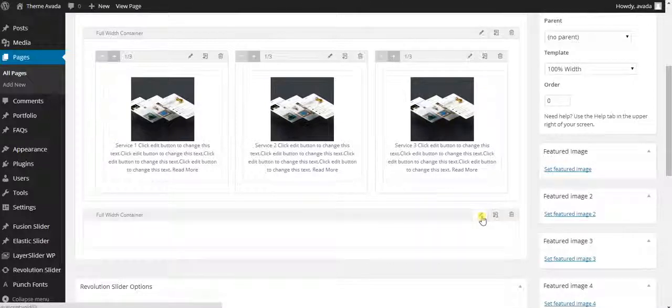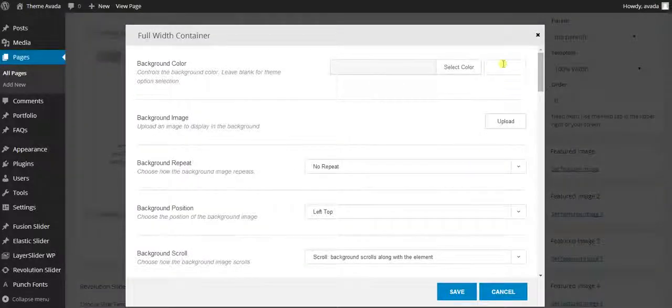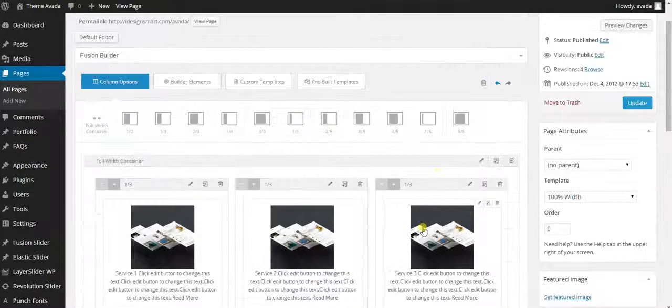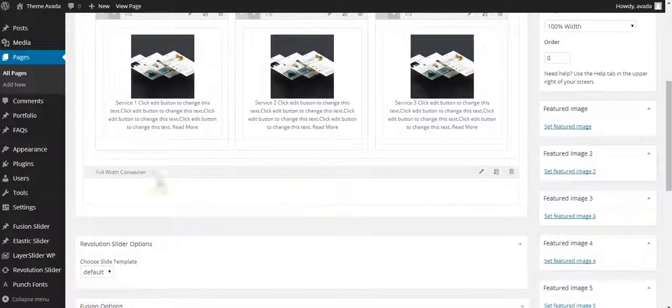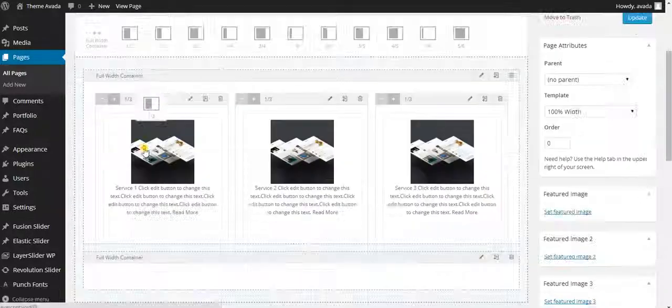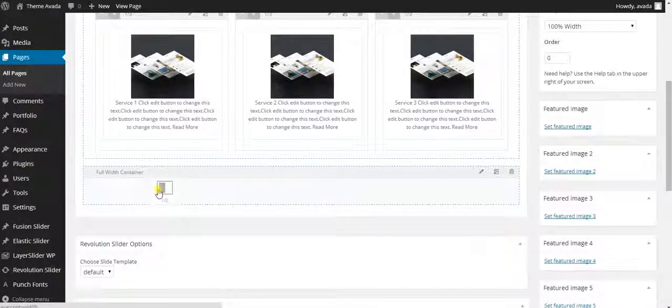And this time you go to its properties, and then you can select a color that you want to show in the background, in the full width background. Let's say you want to make the content like that, so you do save, and then you can maybe put a full width image inside of this container, or you can do 3 columns like this. So I will just do, or maybe 2 columns like that. So in here I will add another 2 columns,